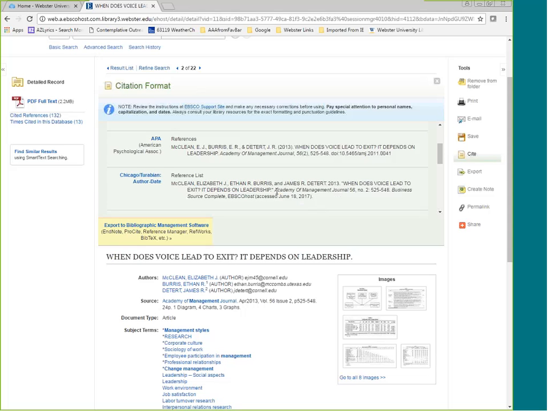The title of the journal is almost correct, except that it is title case, meaning all significant words should be capitalized, but "of" should not, because that's not a significant word. The 56, the volume number, should be in italics, and then it should be colon number 2, and then period, and then the page numbers.